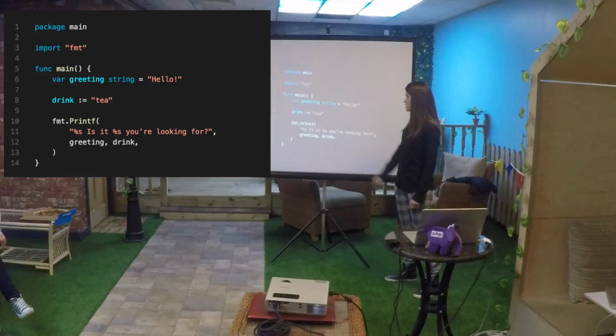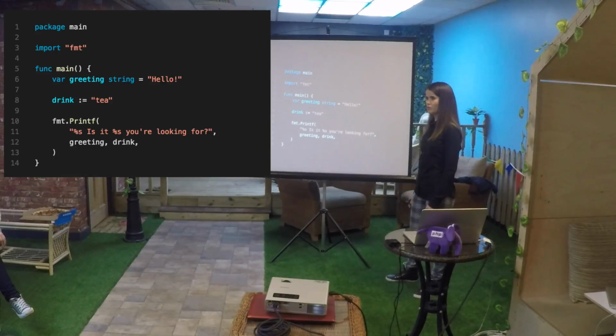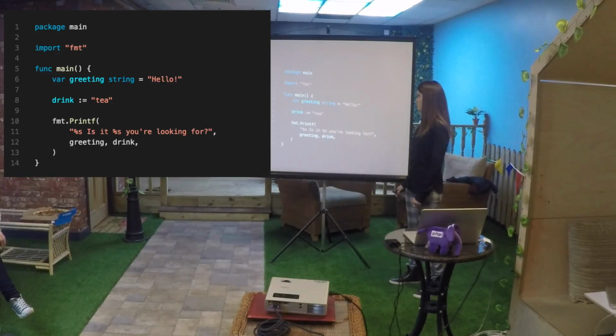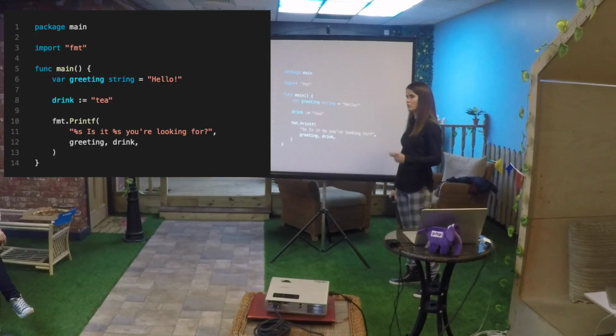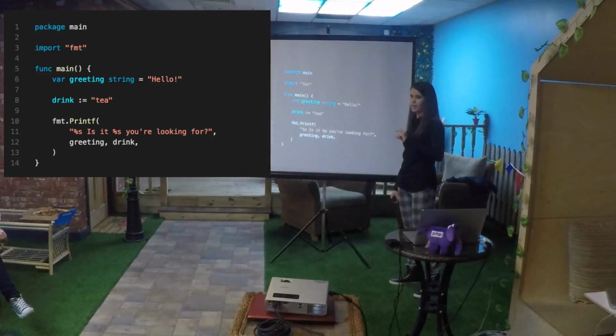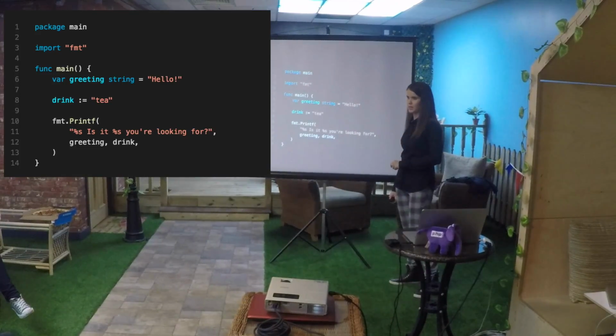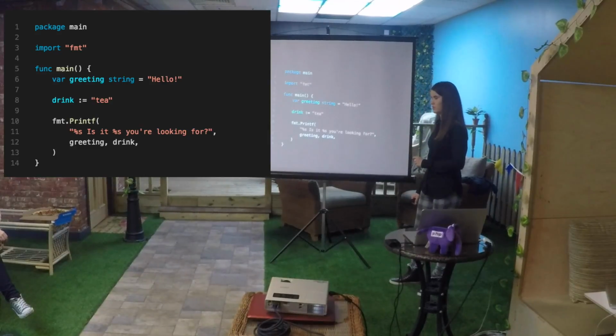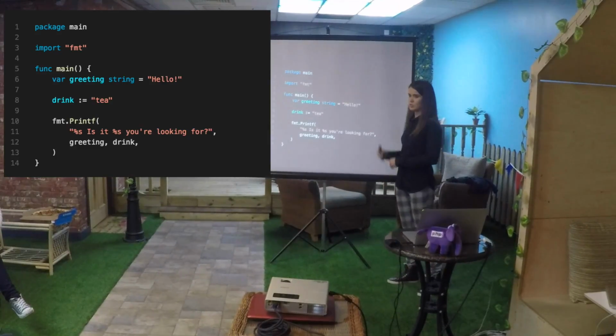And then line 8 is a different shortcut way of declaring a variable, and that's kind of what you find yourself doing most of the time, which is just variable colon equals value, done. Very simple. Kind of feels a little bit cleaner than PHP without the semicolons, and you notice that there is no public private as well. Go replaces that with a simple convention that if the name of something, a function or a variable, is capital, then that function or variable is visible outside of the package, and if it's lowercase, it's only visible inside the package. So that's kind of your public-private equivalent in Go, only it's just done with casing.